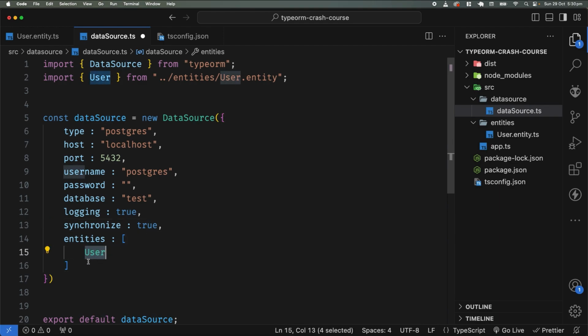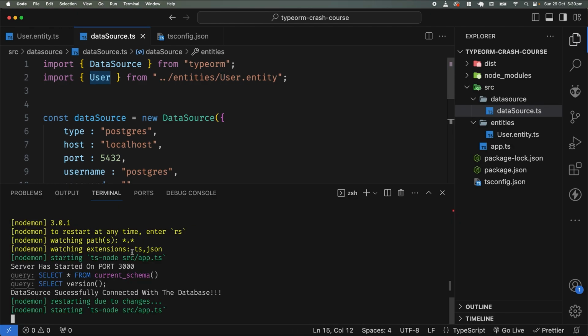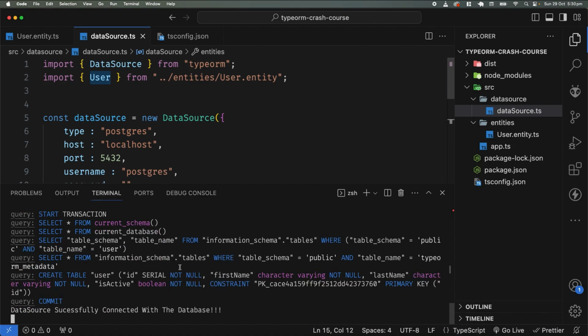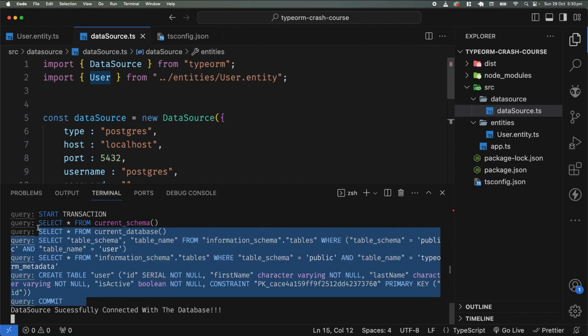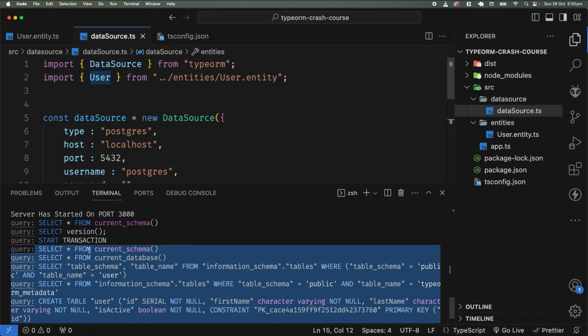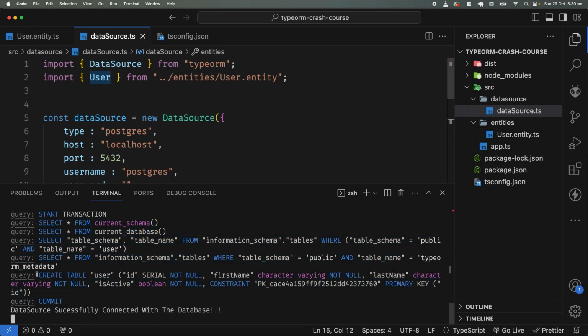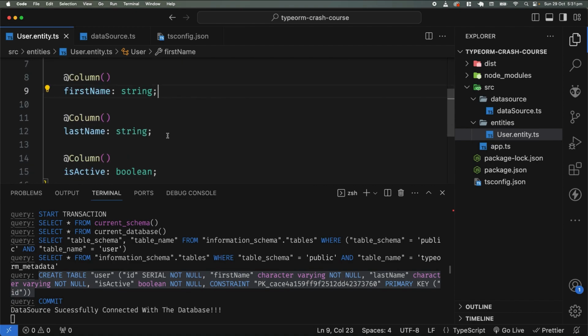Okay, in simple words, it will go and convert all your entities to database tables in your database. So once you save this, open your integrated terminal. You have some queries right over here, which are being generated behind the scenes by TypeORM. If you come over here, you can see this query: create table user with ID, first name, last name, is active, and a constraint of primary key, which is your ID. So this SQL is being generated by default with TypeORM,